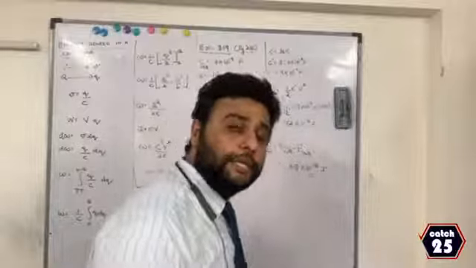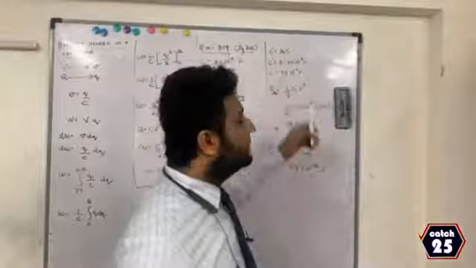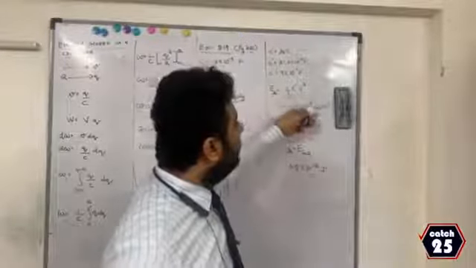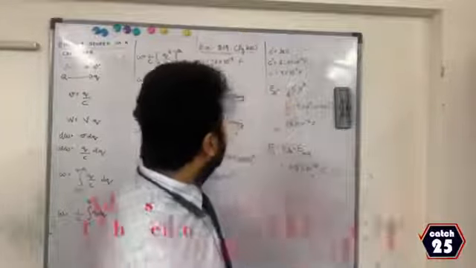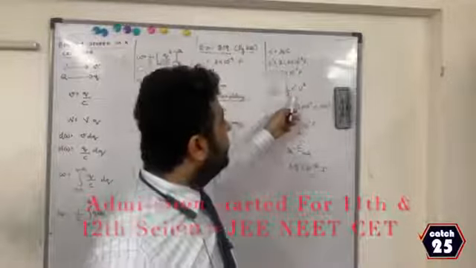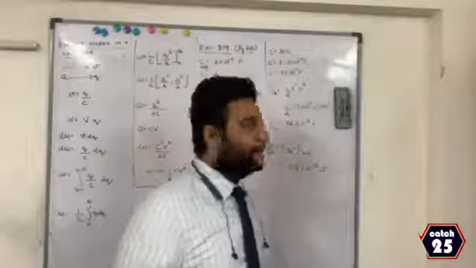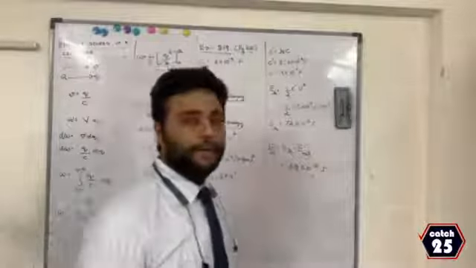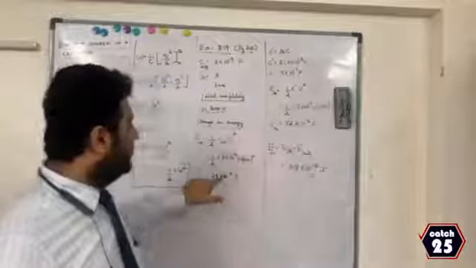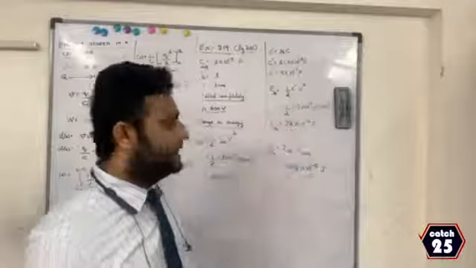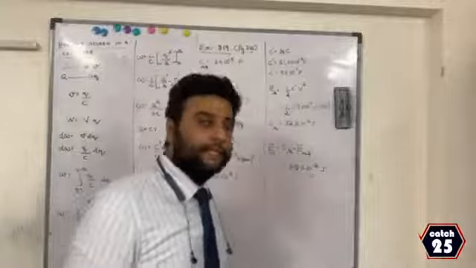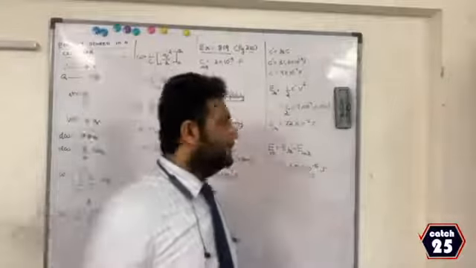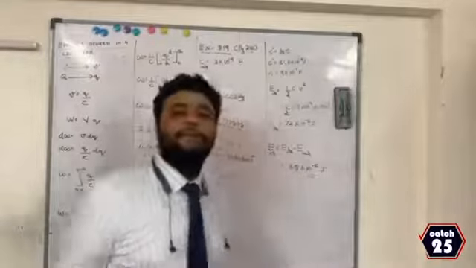Now the procedure is the same. With my new value of capacitance, I again find the energy. All other things remain the same. Half remains the same, V square remains the same. Instead of C air, I put C dash, that is 9 into 10 power minus 9. Therefore, I get the energy with the dielectric as 72 into 10 power minus 5. I got the first energy as 24 and the second energy as 72. Now I have to find the difference in energy, which is this energy minus that energy. Therefore, I get the energy difference as 48 into 10 power minus 5.